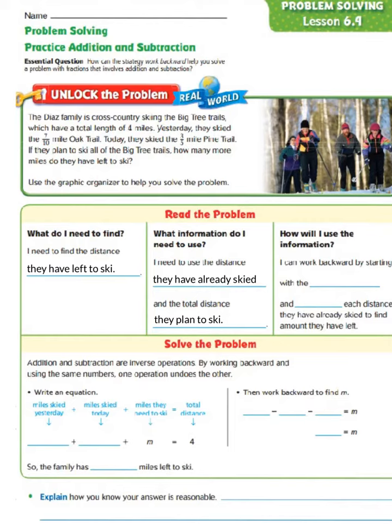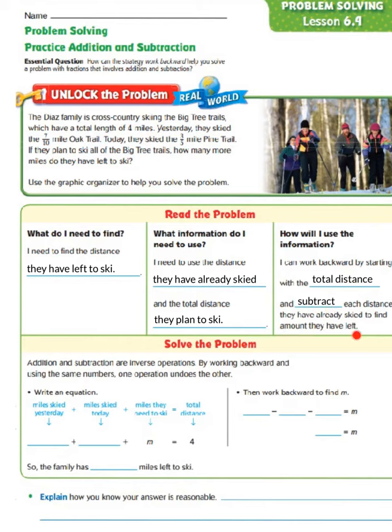Now we have to ask ourselves, how will I use the information? I can work backward by starting with the total distance and subtract each distance they have already skied to find